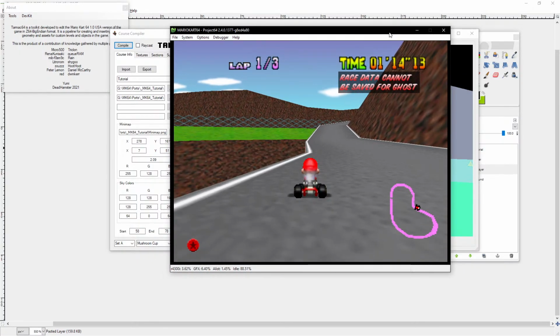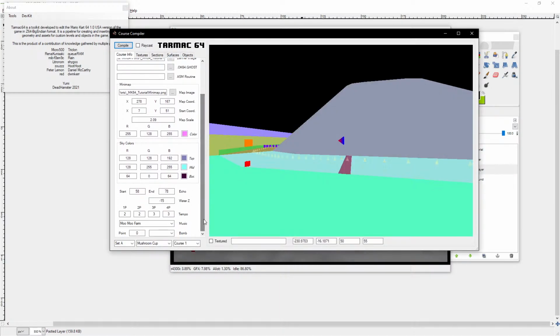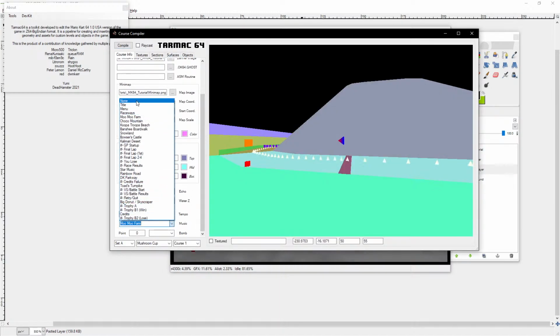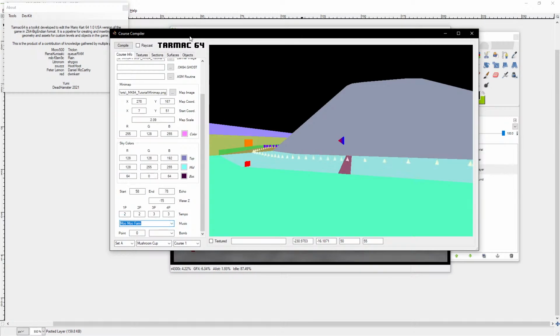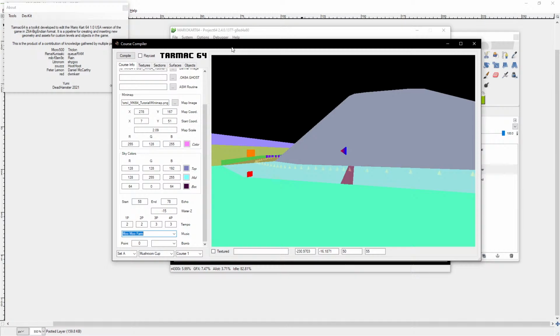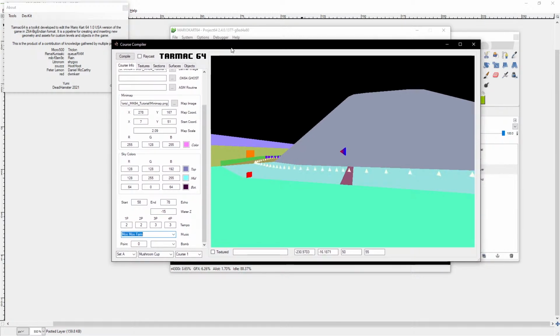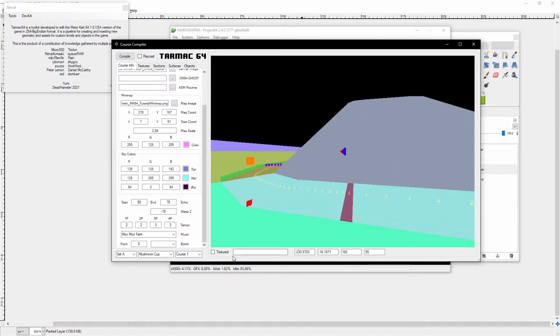Changing music for the course, actually. You can, in Tarmac, just choose any of the available stock music here, right? We're going to have another setup where you can extract a song from another ROM and put it into your own level or own course. Like, that's in the future. That's not available yet, right now. But stuff is going to be updated. And we will have a lot of new features, and maybe I need to do another video someday in the future. I don't know. But for now,